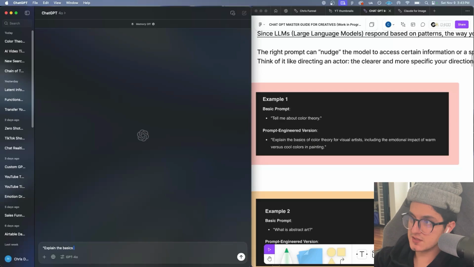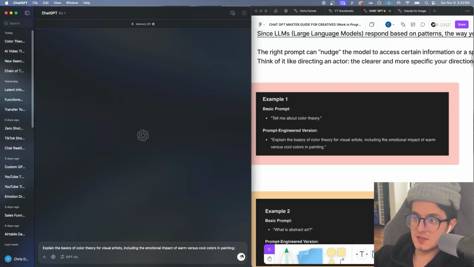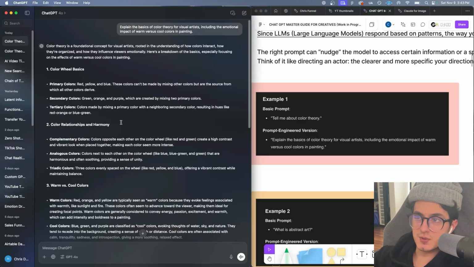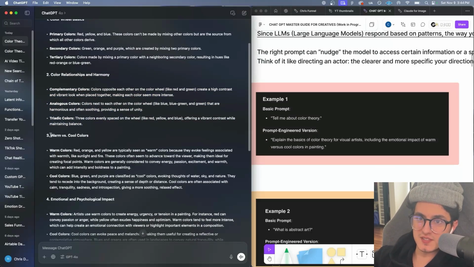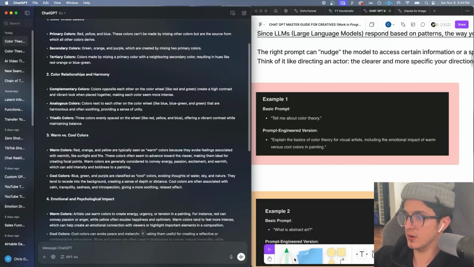Explain the basics of color theory for visual artists, including the emotional impact of warm versus cool colors in painting. And now let's see the response for this prompt. Okay, so now the response is way more specific. We still have some color wheel basics here, which we got from the output of the basic prompt, but then goes way more in depth, provides specific information about warm versus cool colors, which we included in our prompt,